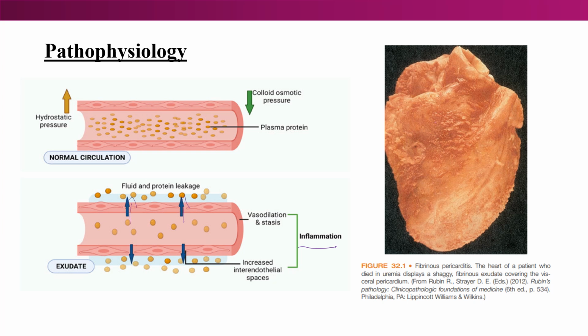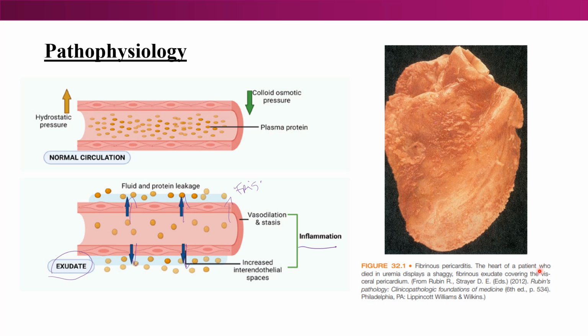This means that the capillaries that supply the serous pericardium become permeable, allowing plasma proteins, including fibrinogen, to leave the capillaries and enter the pericardial space. This results in an exudate that varies in type and amount according to the causative agent. Acute pericarditis frequently is associated with a fibrinous, fibrin-containing exudate, as is shown in figure 32.1 of the chapter,